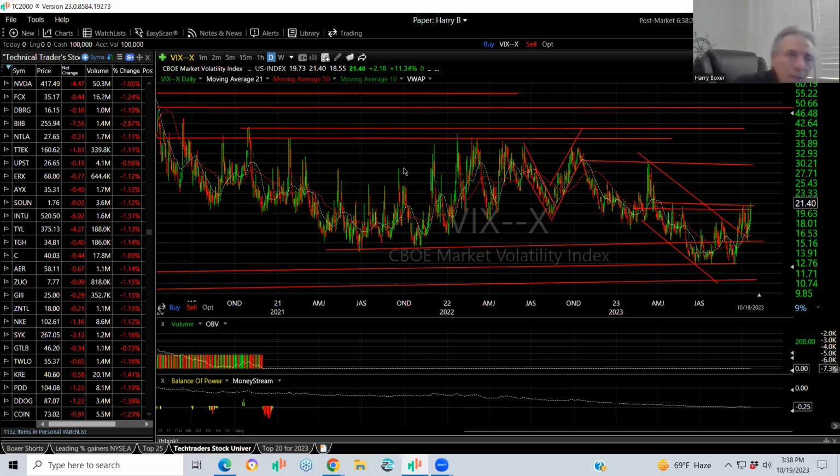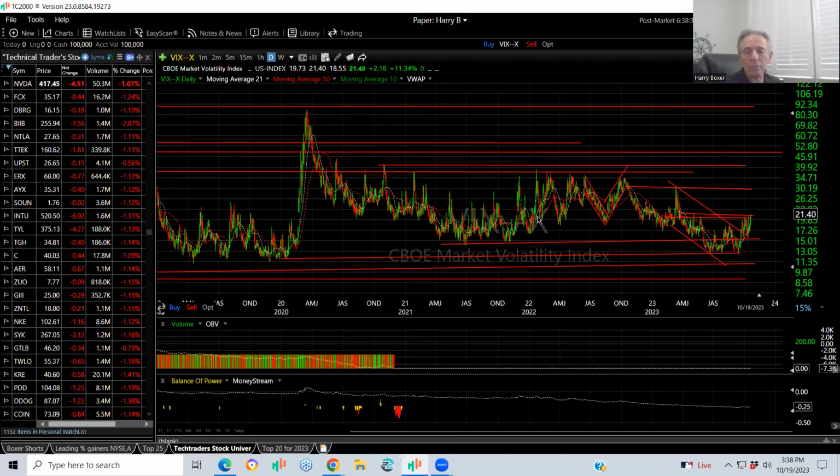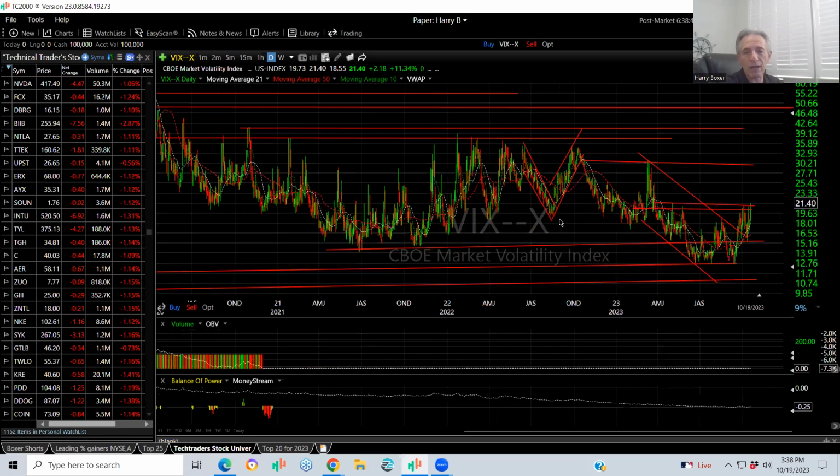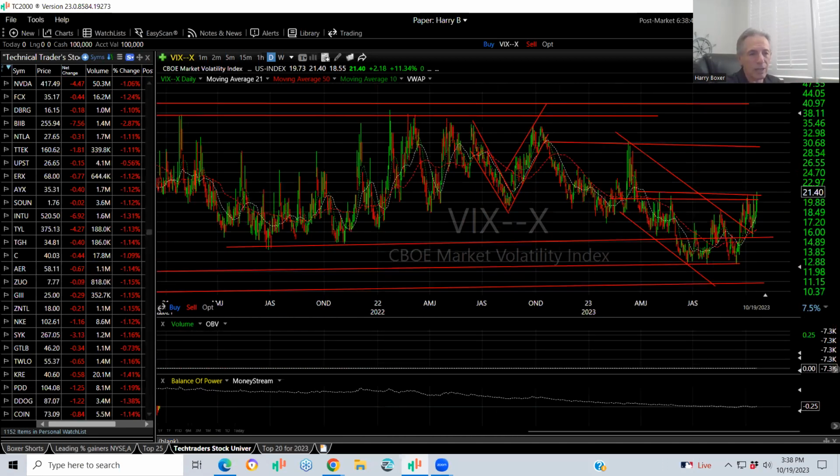And I want to see advance-decline ratios of 10, 12, 15, 20 to 1. I'm not seeing that either. So we haven't yet reached a point where I think we have a climax low, but I do think the market's oversold enough to get a decent rally, snap back, and maybe even a year-end rally that goes through December. I don't know. We don't know yet. This market may have to go down for another week or 2 or 3, but I think there is a year-end rally in store for us. Well, that's what I think about the VIX.